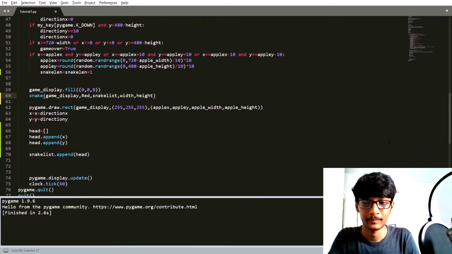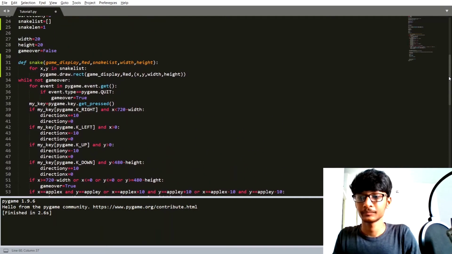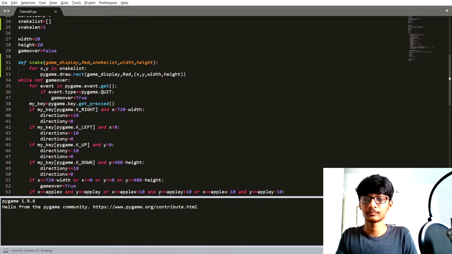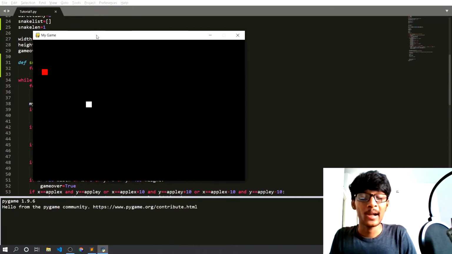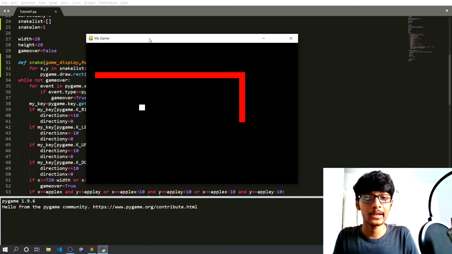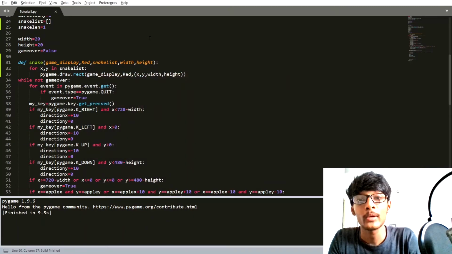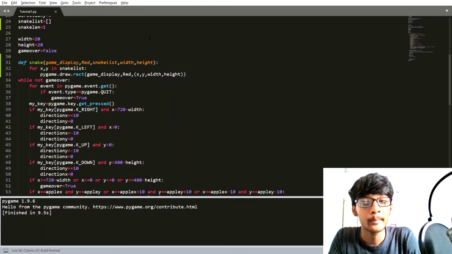Now I am going to run our code and press the right button on my keyboard. Here you can see that the length of the snake is now increased.